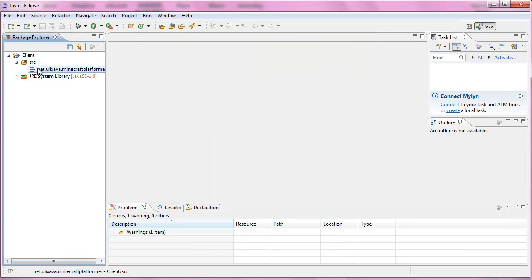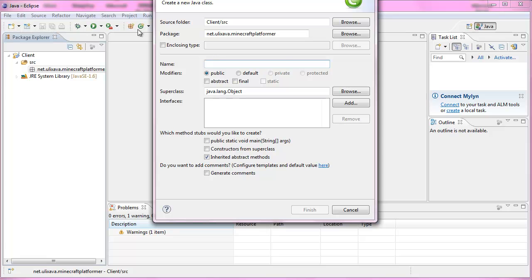So when I click on this package here, now this is in the source folder, and the source folder contains things like your sources, so your code. For people that are new to Java, I actually recommend you watch my beginner tutorials before doing this, but it's fine. So I want to create a new Java class, and what I want to do in here